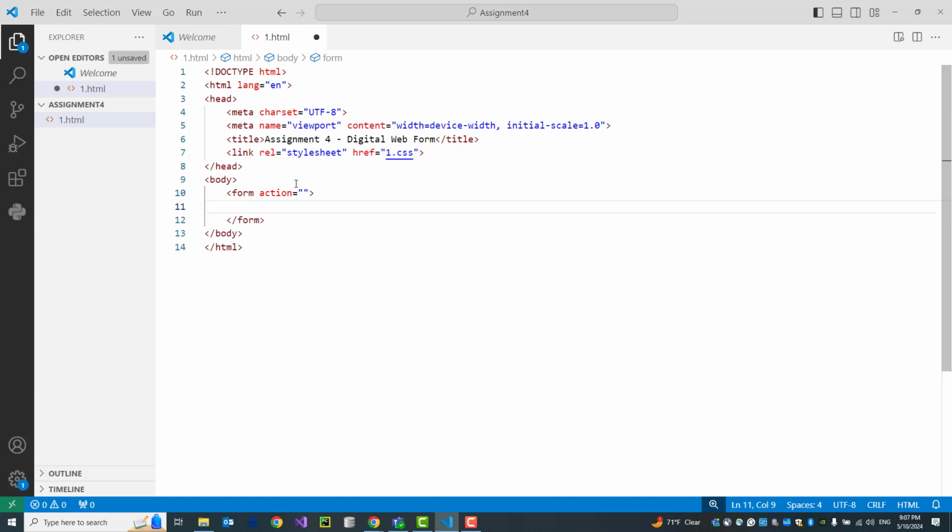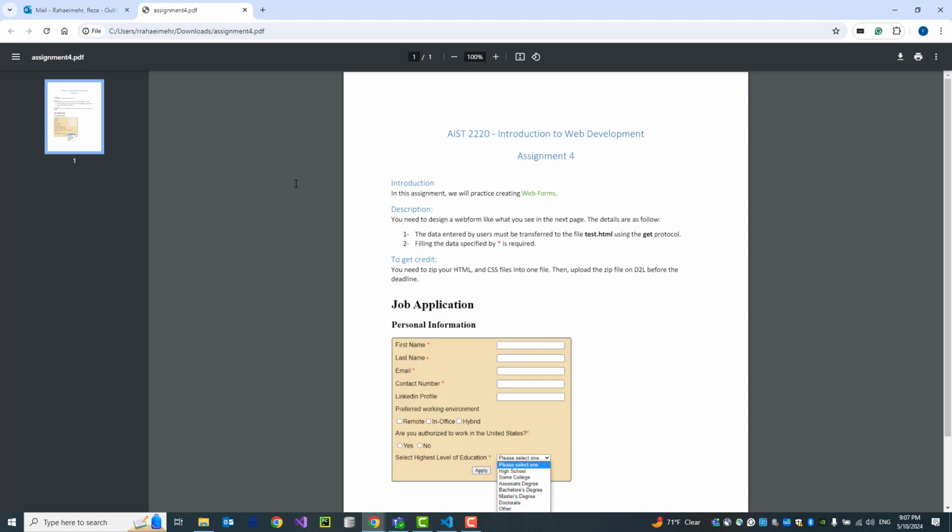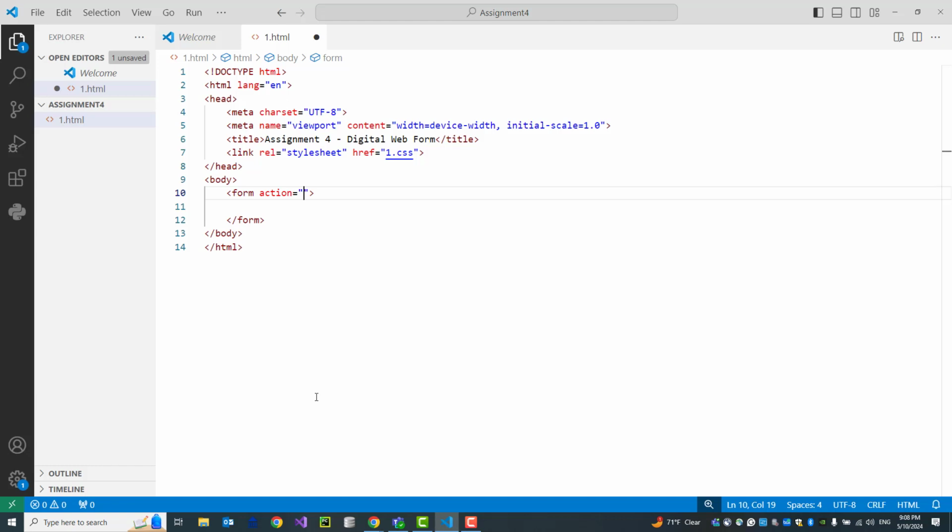Form tags have some mandatory attributes. The most important one is action. The action attribute specifies the file that is supposed to receive the data of this form. So in this example, it says that the data entered by user must be transferred to the file test.html using the GET protocol. I should type